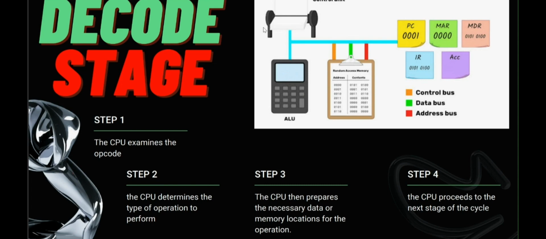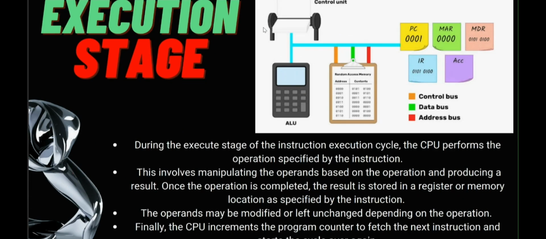The next step in the instruction execution cycle is the execution stage. The execution stage is the third stage in the instruction execution cycle. In this stage, the CPU performs the operation specified by the instruction. Once the instruction has been decoded, the CPU fetches any data required from memory or registers and performs the operation. The operation could be an arithmetic or logical operation, a data transfer, a branch or jump to another instruction,